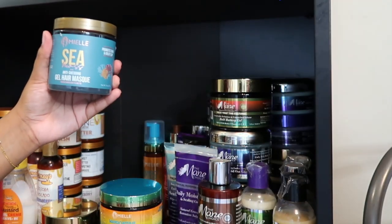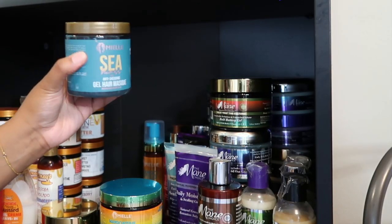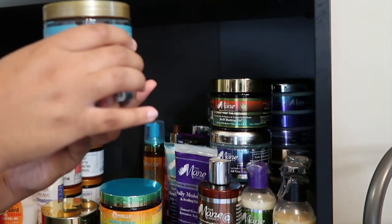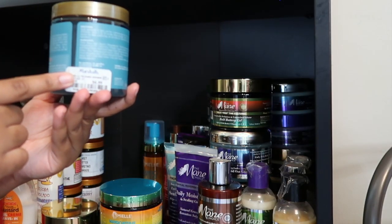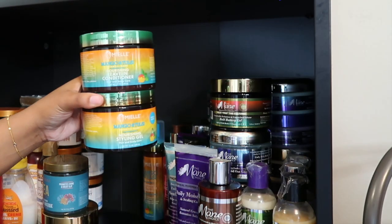I also have the Mielle Sea Moss Anti-Shedding Gel Hair Mask. I'm excited to try this one. I picked this one up from Marshall's for $6.99. And then last but not least, for all of my Mayo products, I just have 2 more products from that